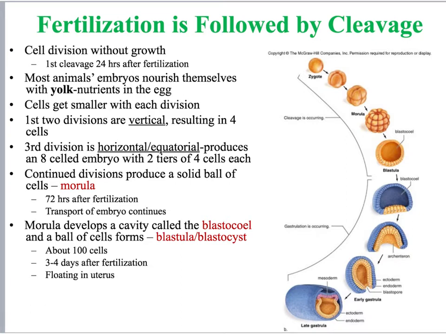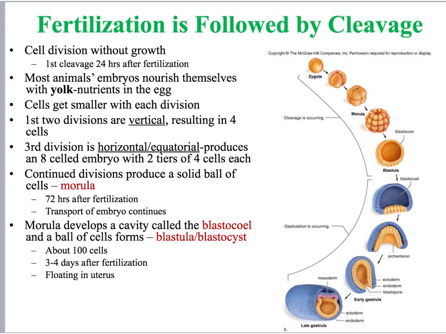Remember when we talked about oogenesis, I said that in every division to form that oocyte, almost all of the cytoplasm is given to that one developing oocyte, and almost none was given to the polar body. The reason for this, at least in part, is that cytoplasm is the only thing that this developing embryo has to survive on until it reaches the uterus of the woman.